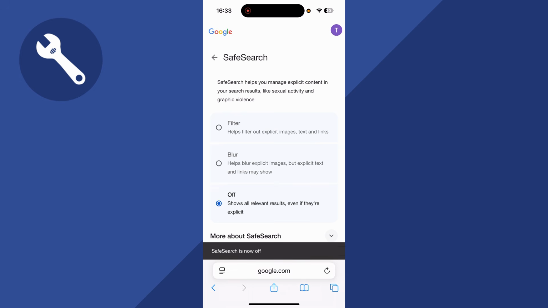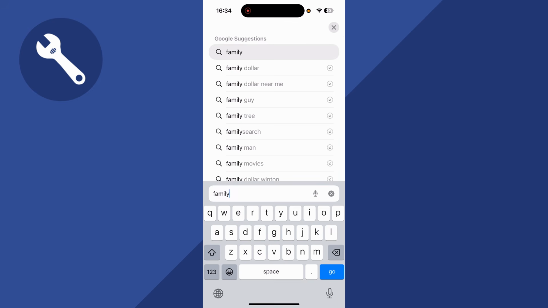Now, if you're unable to select this or it's not letting you turn it off, then the first thing you'll need to do is go and look for a lock symbol on this page here. Now, if you see a padlock symbol on this page, this usually indicates that your account is being managed by someone else. So if you're under 18 years of age, this can be one reason why you're unable to turn off the SafeSearch. So to go and fix this, we just need to type into the address bar